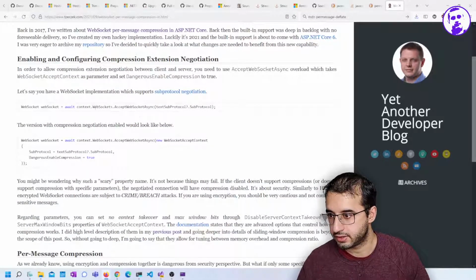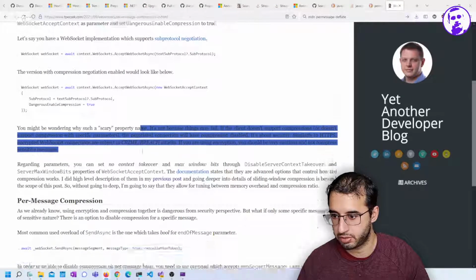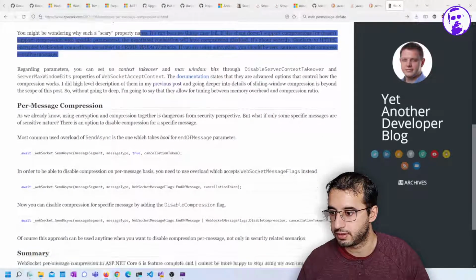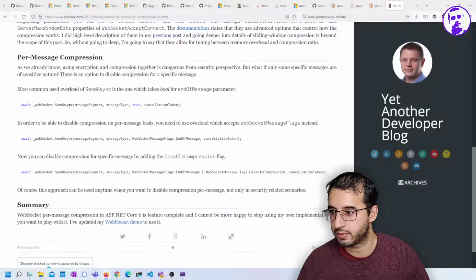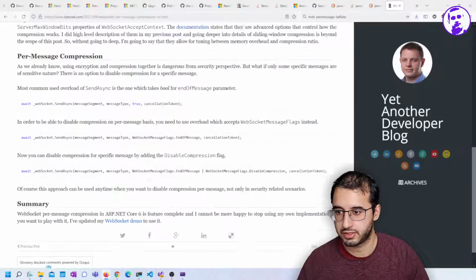And it turns out, yeah, this is the function we need, like we saw. It would look like below. So this is how you turn it on. Why such a scary property name? He's talking about CRIME and BREACH. We already discussed that. Per message compression. Okay, so this is probably not something